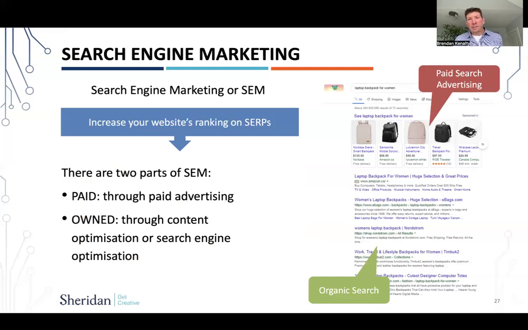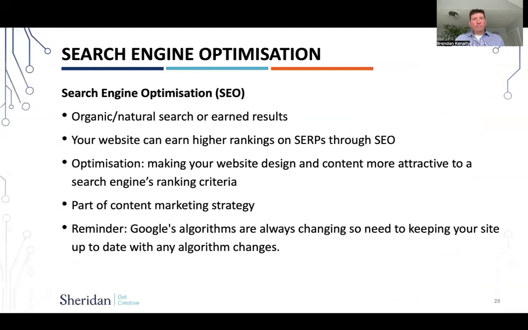Again, we talked about this a second ago, but there are two parts. There's the paid advertising at the top. All those products there are paid ads, and you can see there are other ones here that say ad or sponsored. And below that are what we call organic search results. Those are the ones we're going to be talking about today. If you're interested in SEO, or search engine optimization, I would suggest reading more about this. We're just going to cover the high level stuff and do a little exercise on it. But it's a very important thing to understand, and a great area to dig into.